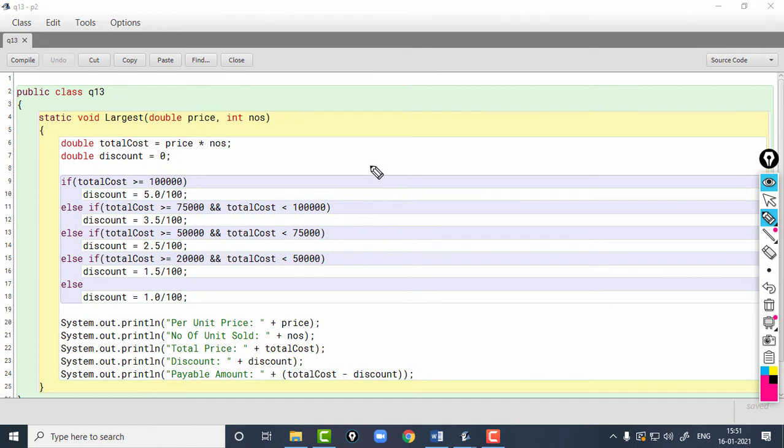So, in this question you can see this is a non-slab based question. So, while solving this, I did not consider the previous slabs. Okay, I was just considering the current slab. So, that is the difference between a slab based question and a non-slab based question.